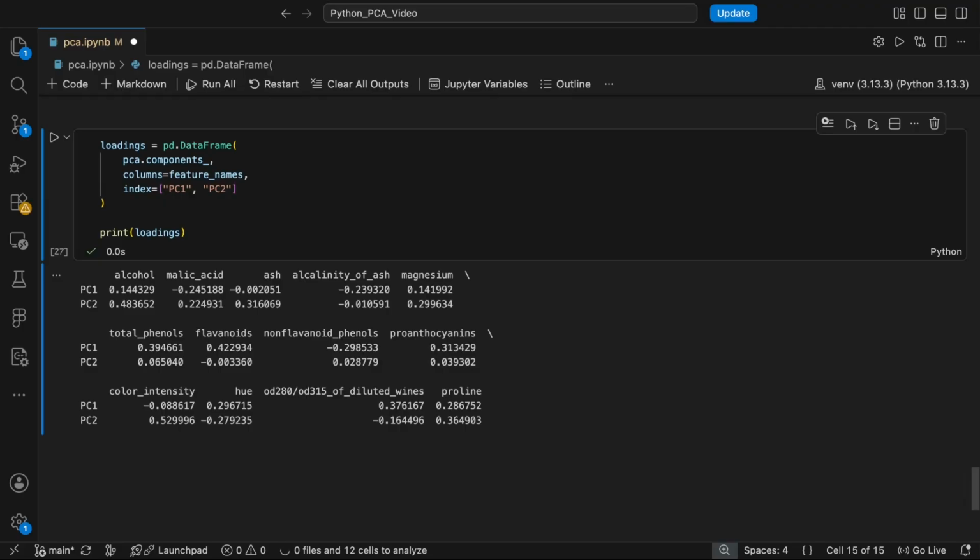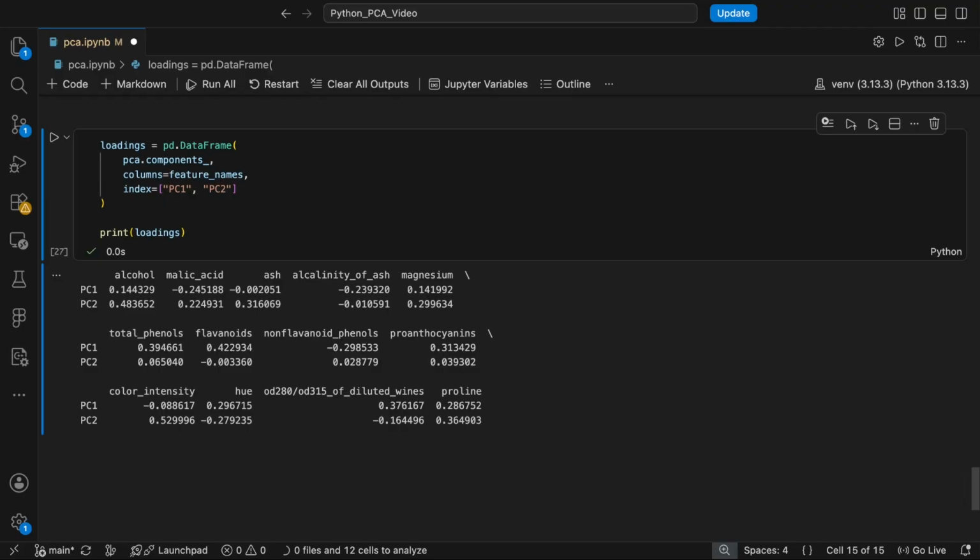With that in mind, there are some trade-offs we should be aware of. PCA is a linear method, so it works best when the important structure in your data can be captured through linear directions. If the structure is more complex, methods like kernel PCA, t-SNE, or UMAP may be more useful, especially for visualization. PCA is best understood as a tool for simplifying data and should not be treated as the magic